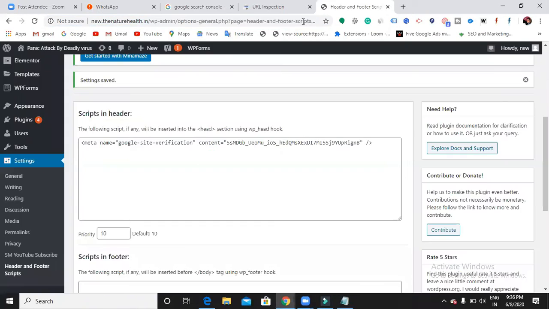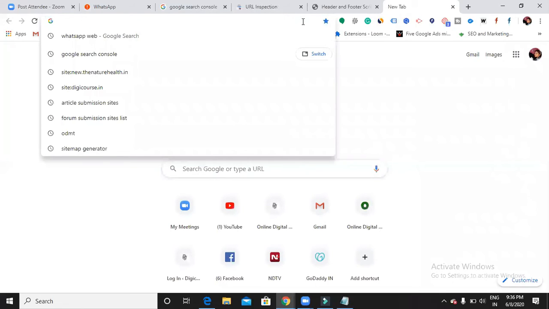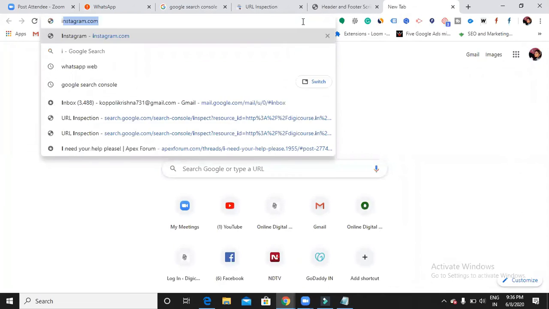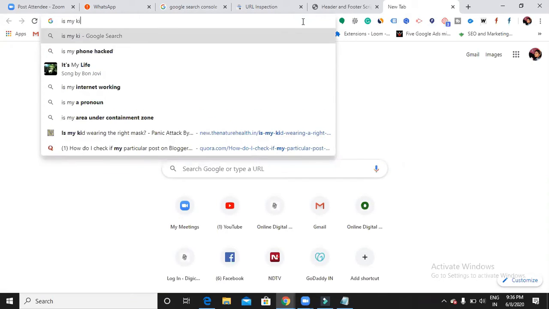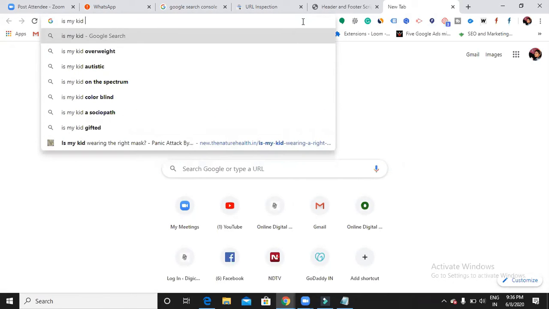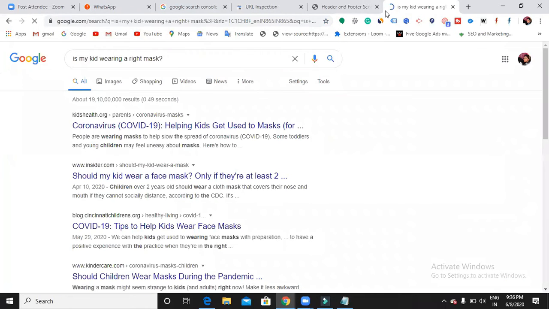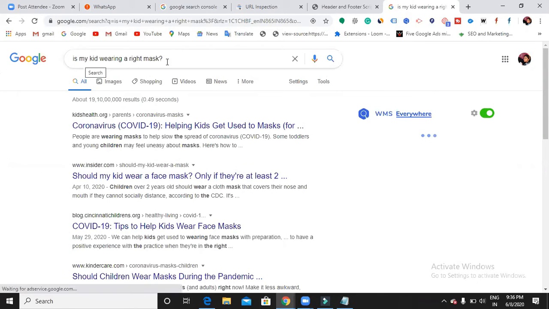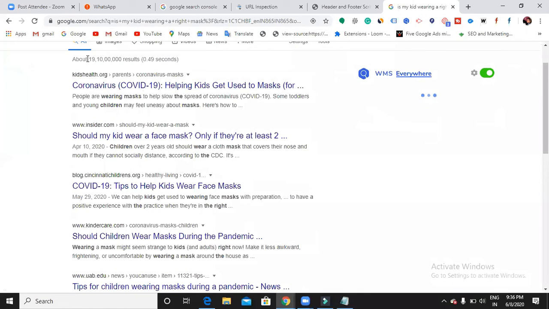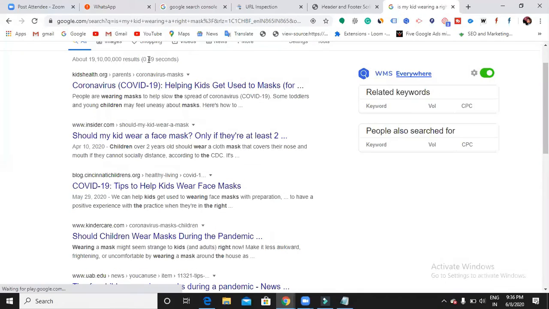So I will search for the keyword "is my kid wearing a right mask". Here it is showing me these many results, and Google has retrieved the results in just 0.49 seconds.